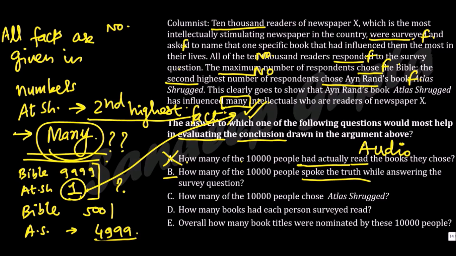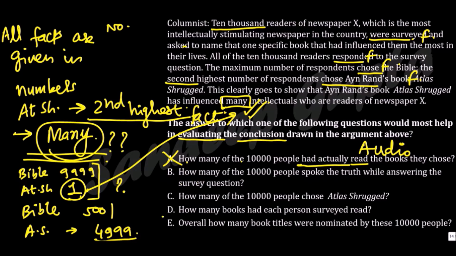First of all, when people say something in the survey, it is taken at face value. And even after knowing this number, we cannot say whether Atlas Shrugged was actually chosen by many people or not. What people do in their lives is really not our concern. What their actual truth is, is not our concern. The survey will be based on what people say. The result of the survey will also be based only on what people say. So it has absolutely no bearing on the conclusion. But it is a deceptive wrong answer for sure.